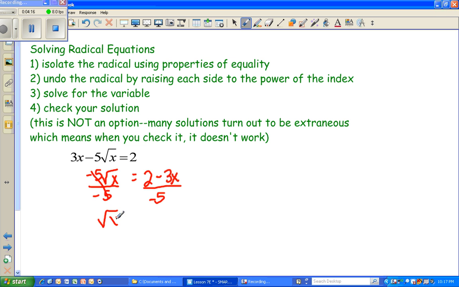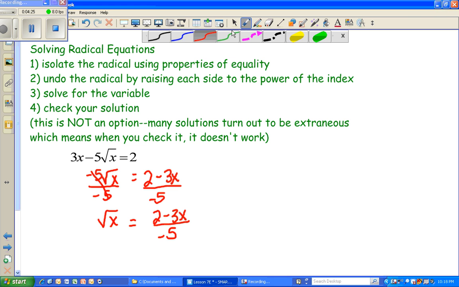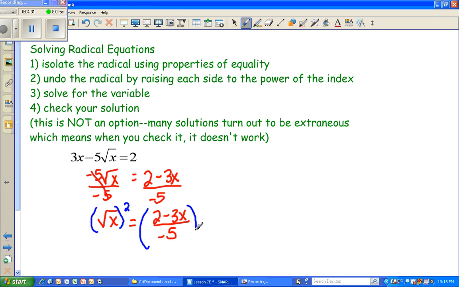So you get the square root of x is equal to (2 minus 3x) over negative 5. We want to get rid of the radical, so it's a square root, so we need to square each side. Now this is going to involve FOILing, so you're going to get x equals, and when you FOIL 2 minus 3x times 2 minus 3x,